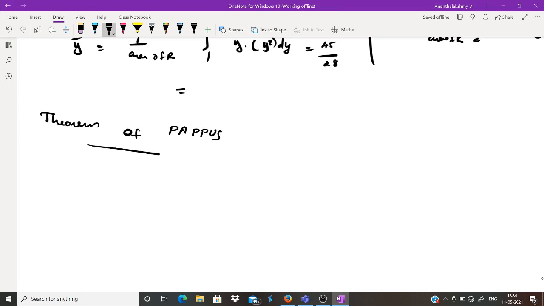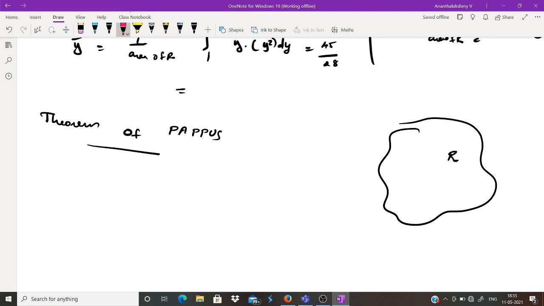It states that if R is a bounded plane region, and L is a line that lies in the plane and does not cut R, then the volume of the solid formed by revolving R, treating L as an axis, that is, you rotate R with respect to L, will be